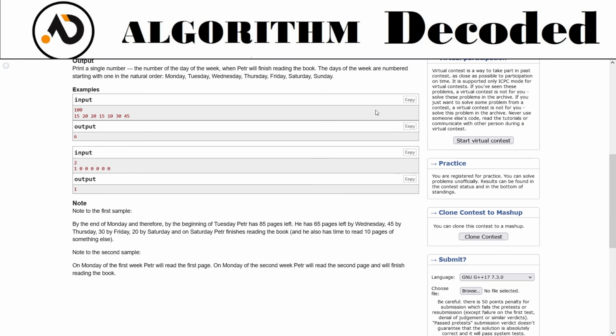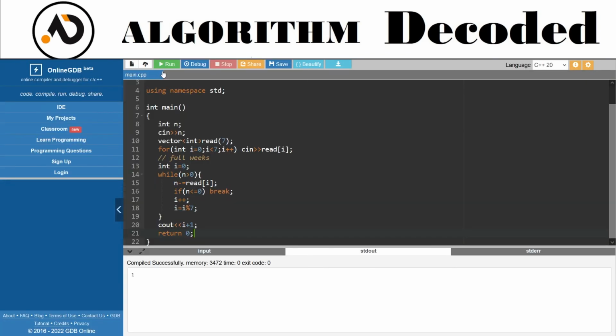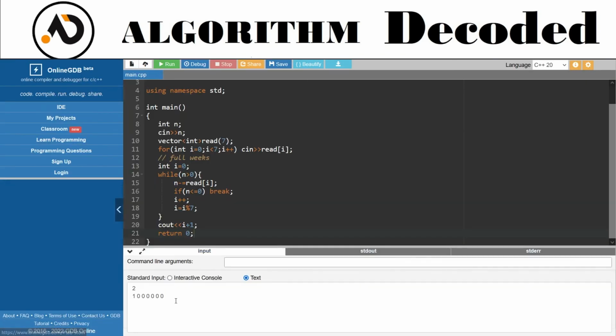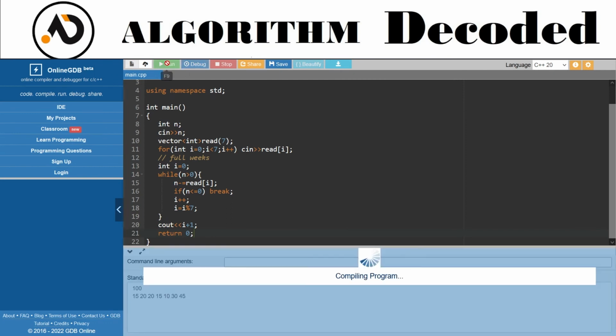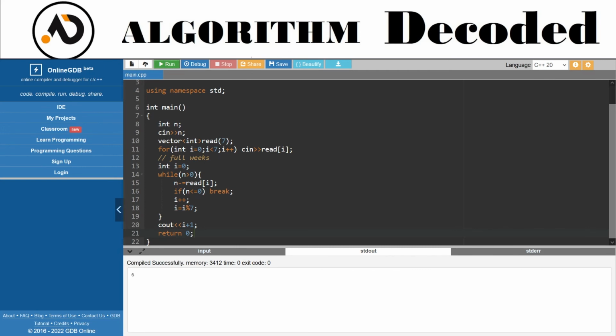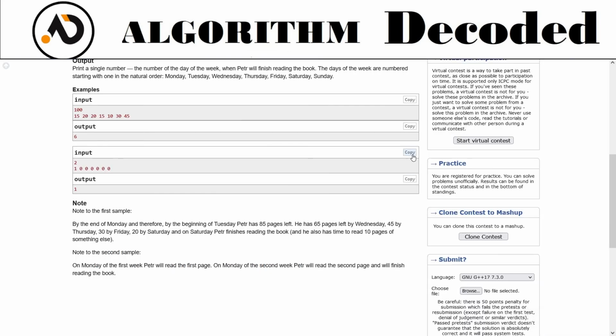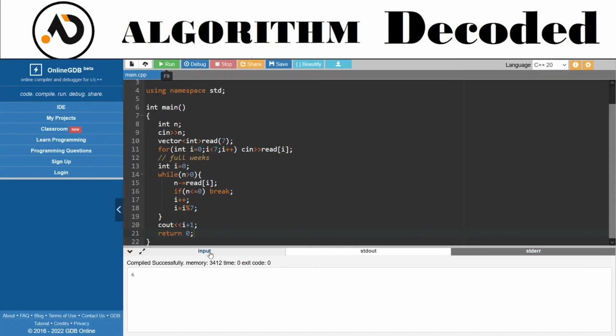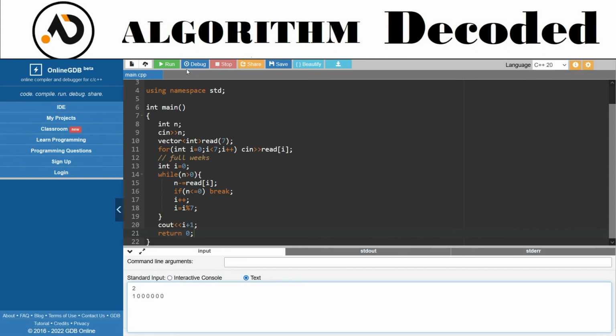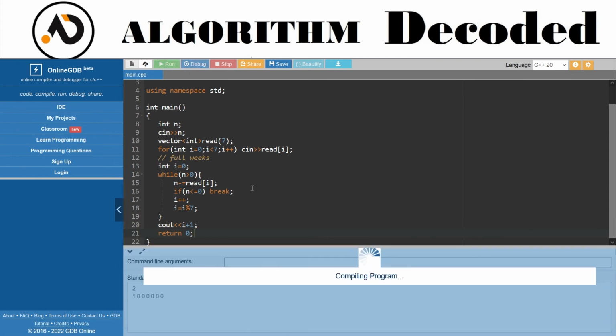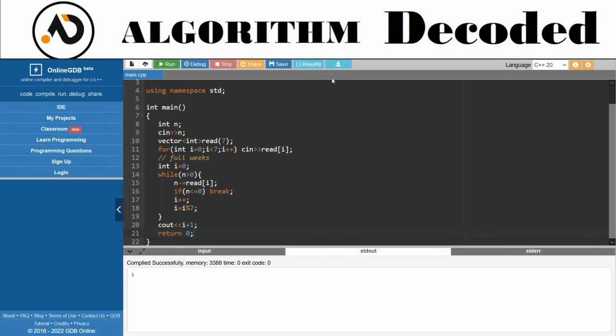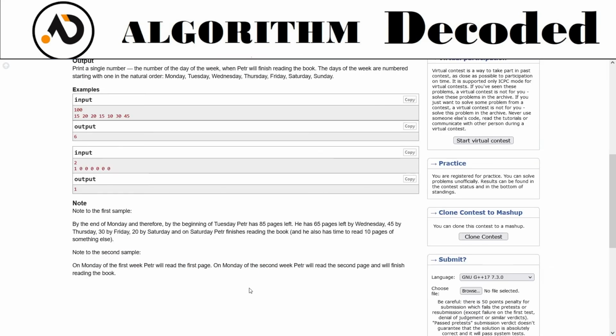तो चला के देख लेते हैं इसको सबसे पहले. Showing 6 which is correct. इसको और देख लेते हैं. करेक्ट. डाउनलोड करते हैं इसको. और सबमिट करके देखते हैं।